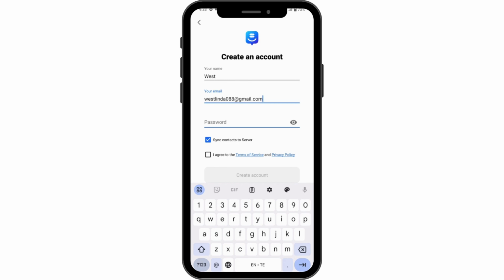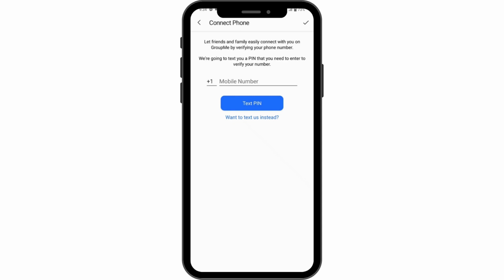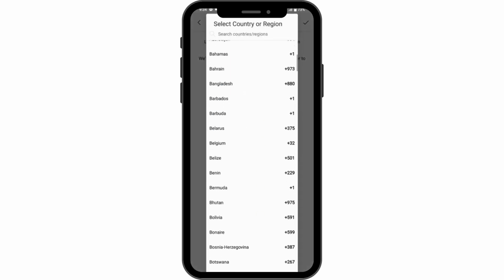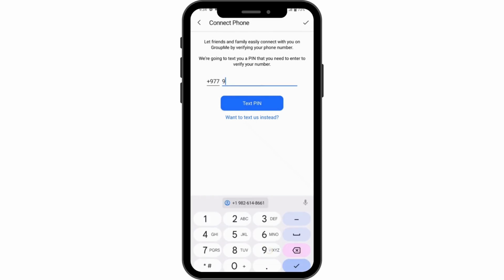And once you create your password, simply tap on this box so that you agree to the terms of service and the privacy policy. And after that, after entering all of your information, tap on create account, and here you need to enter your mobile number. So you can simply choose your country, and once you choose your country code, now enter your mobile number and